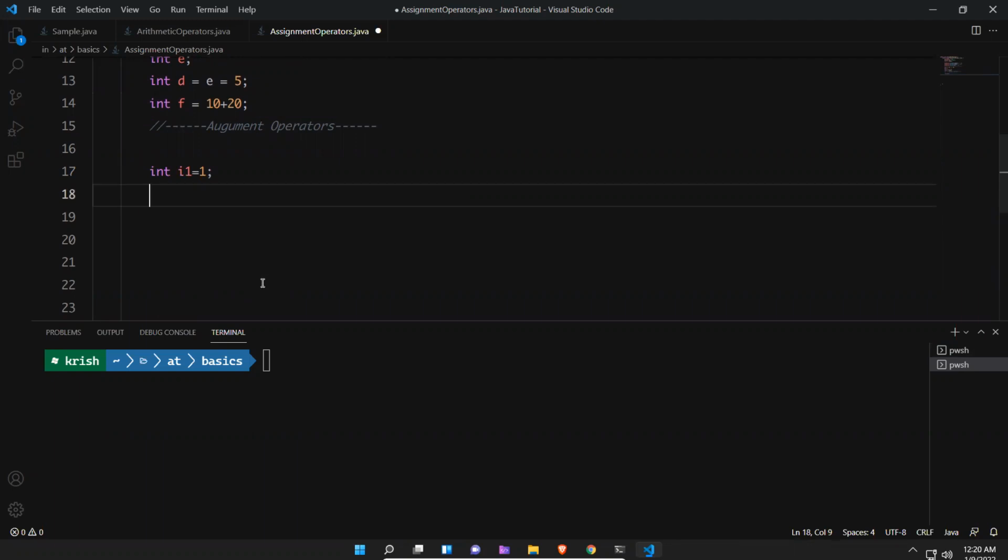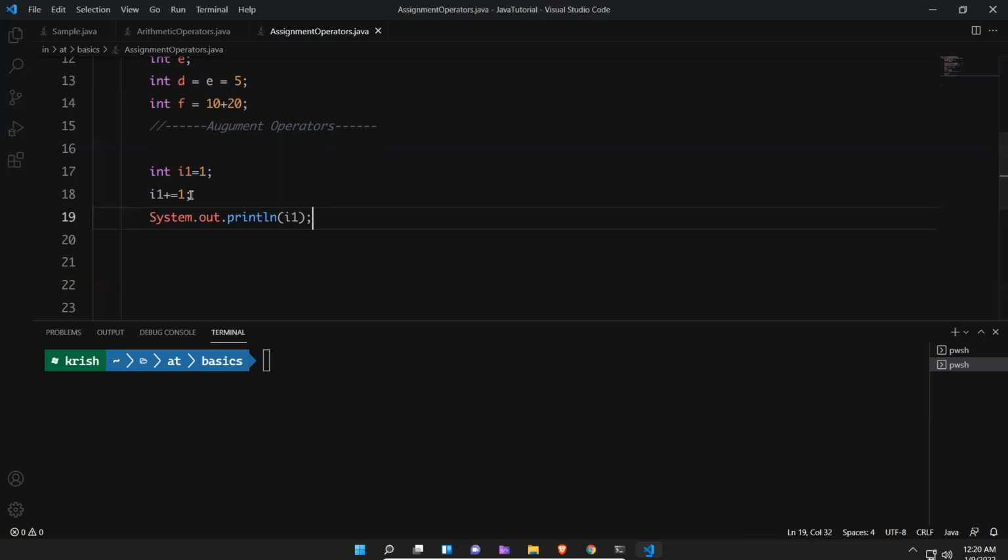Now I1 plus equals 1. Then I'll put System.out.println I1. What could be the answer for this? I equals 1, I plus equals 1.